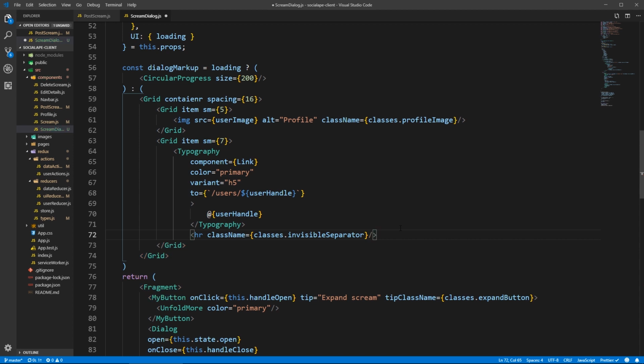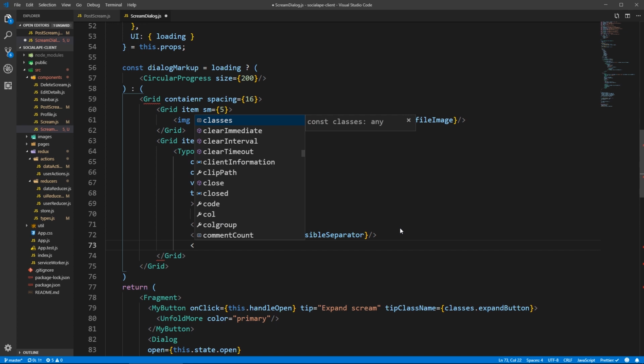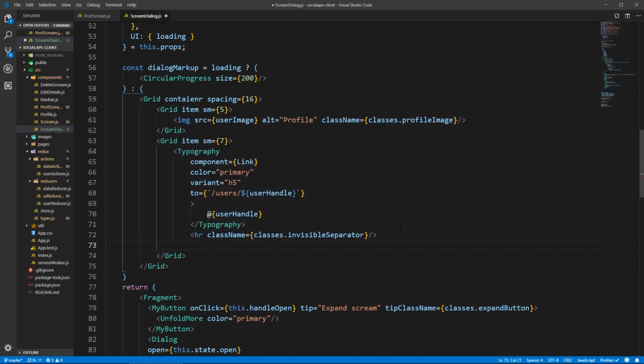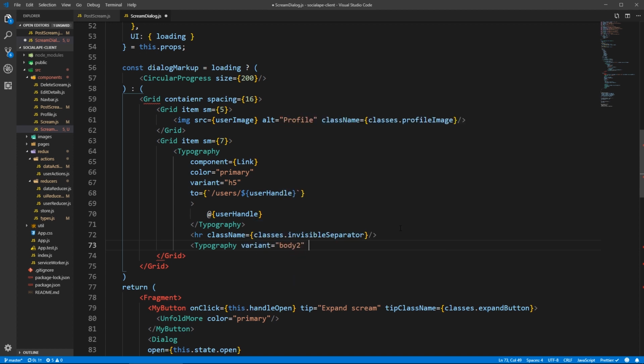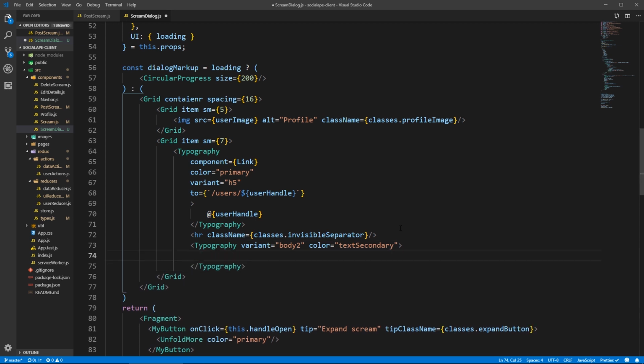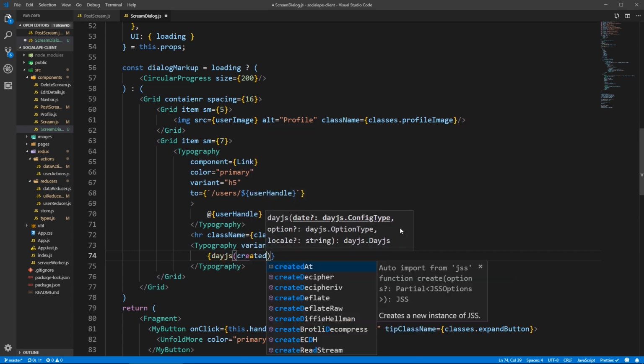So let's close this tag, and here we get our created @ we put when this screen was posted. So here the variant will be body2, and let's give this a color same like in the screen card, a color of text secondary, so it's kind of gray. Don't know why these tags are not closing again. So oops, inside of the typography here, let's do an expression day.js, and we pass it the created @